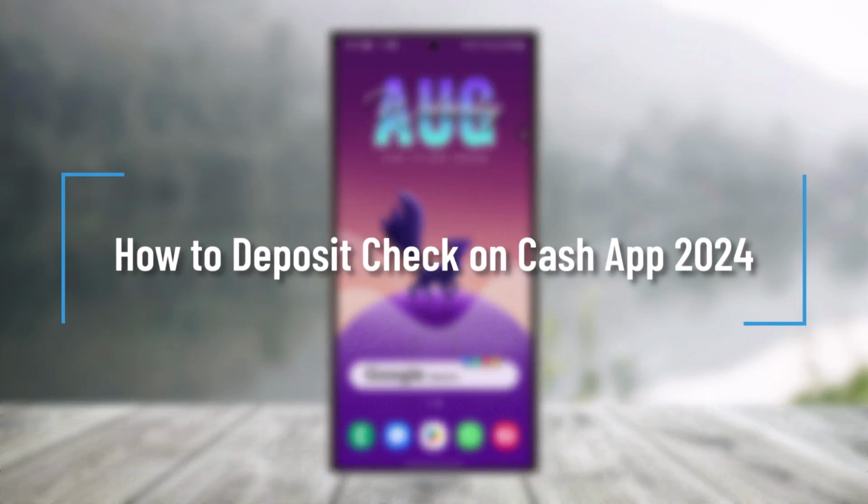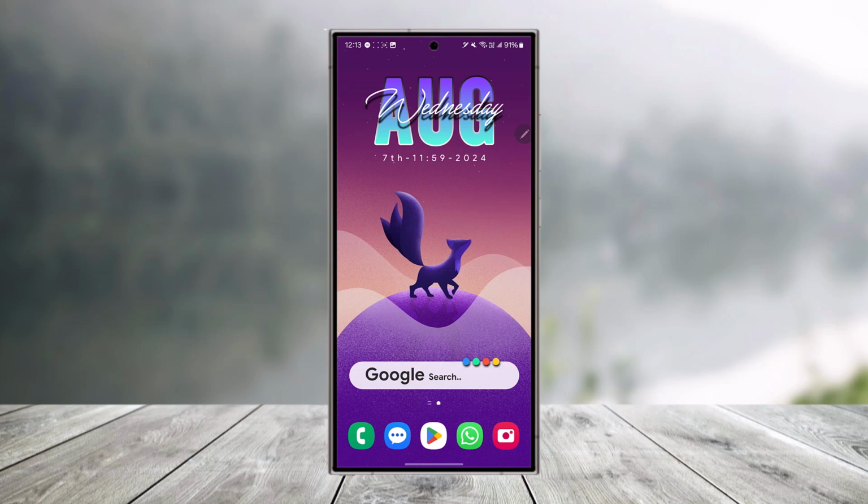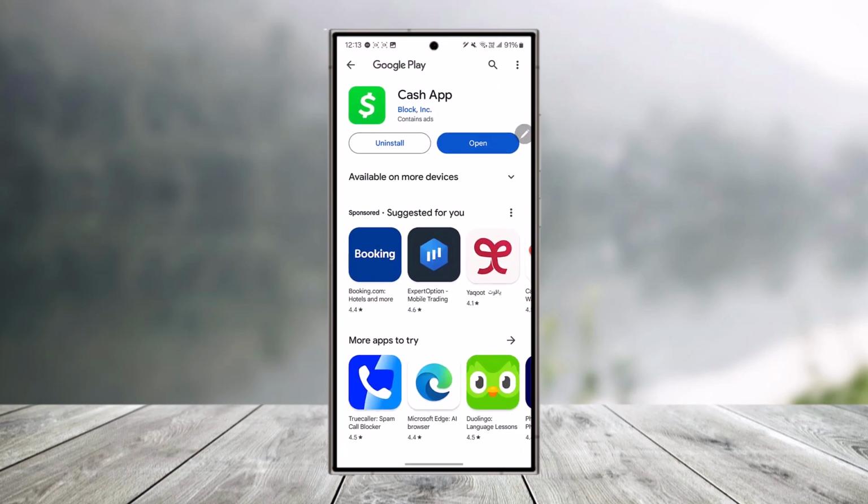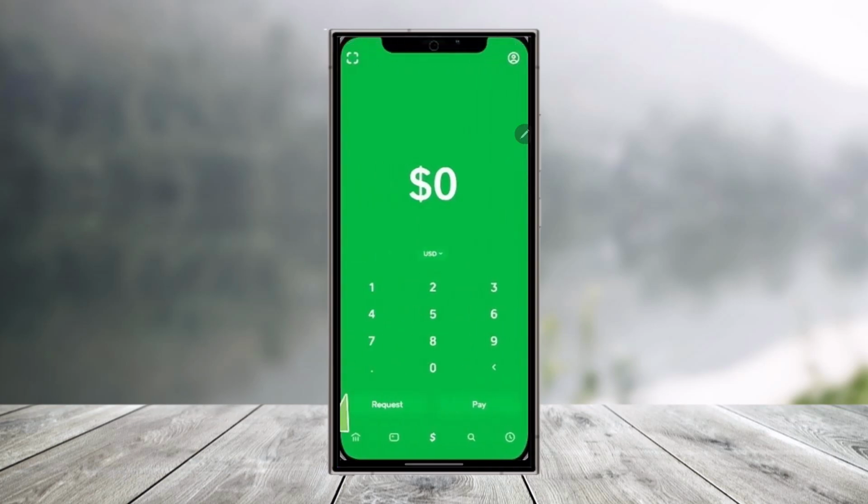How to deposit check on Cash App. So if you want to deposit a check on your Cash App using your phone, first of all, once you've opened up your Cash App application and made sure that you're logged in, you'll see this type of interface where